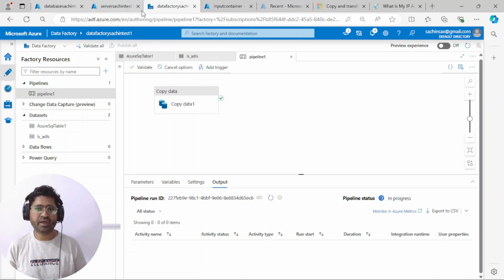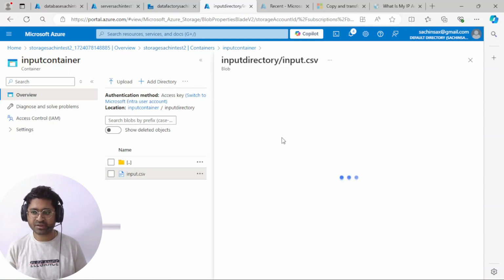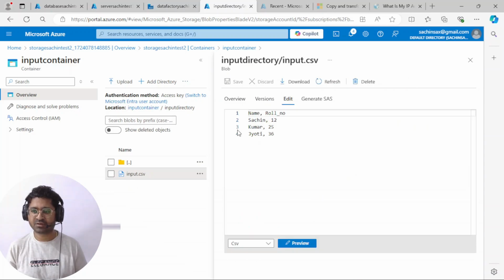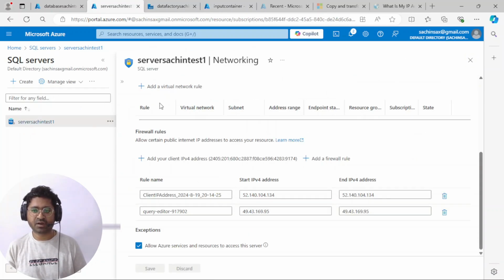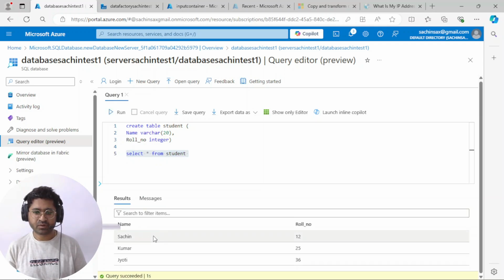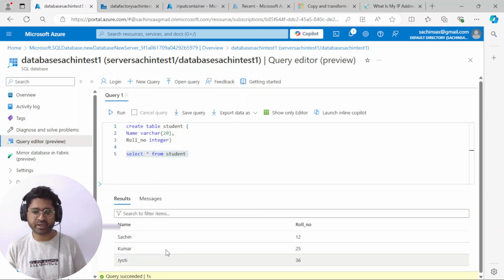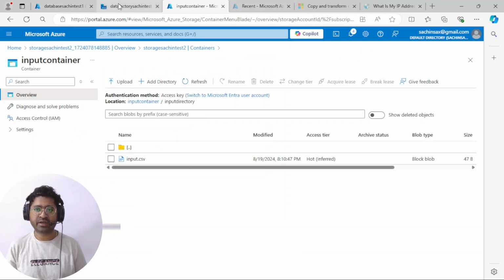Meanwhile, I can show this input container. Here we have the input container. This input container has 3 rows, and inside this server, I'm going to close this server. Inside this data set, I just have only rows. Can you see it just pasted all these? Meanwhile, let's check this part. It just pasted also. If you look here at the data factory,